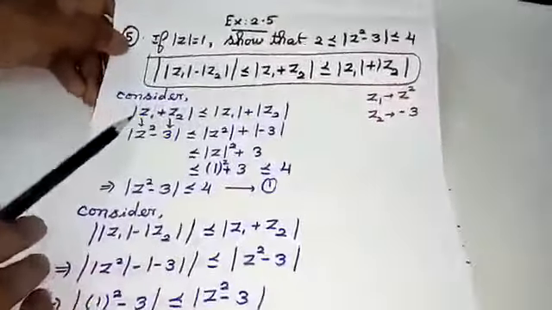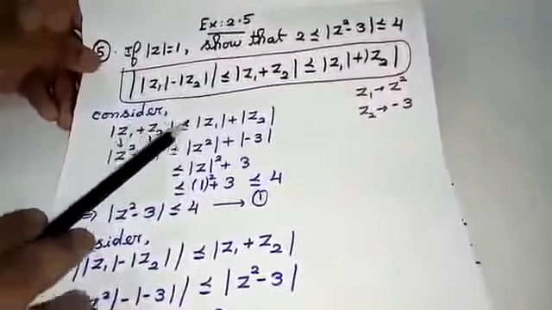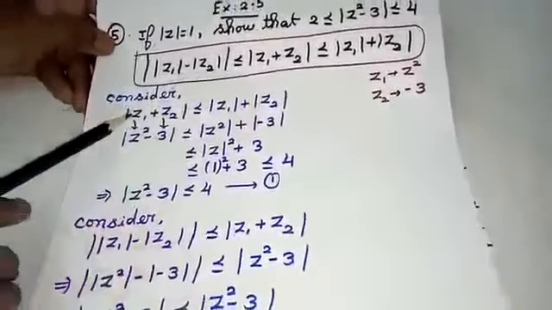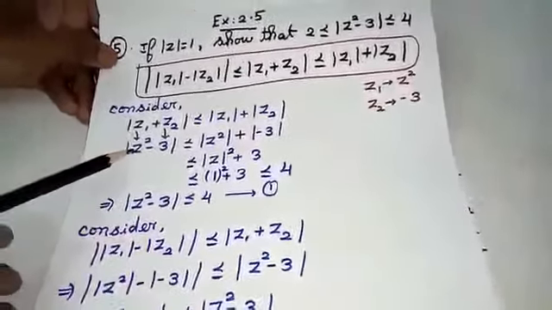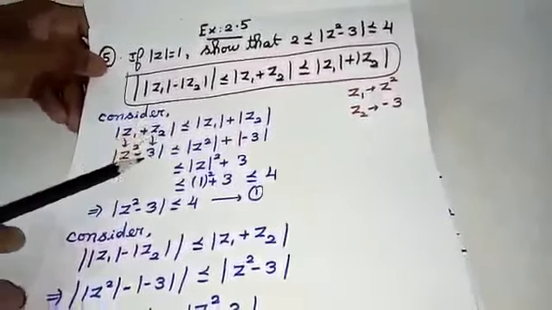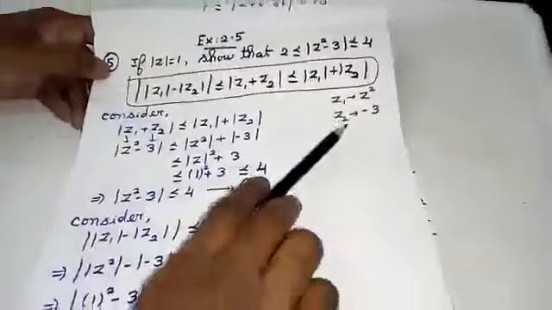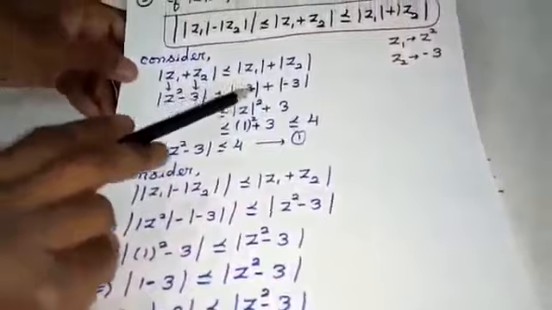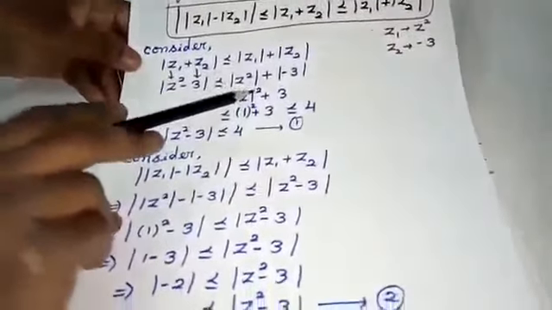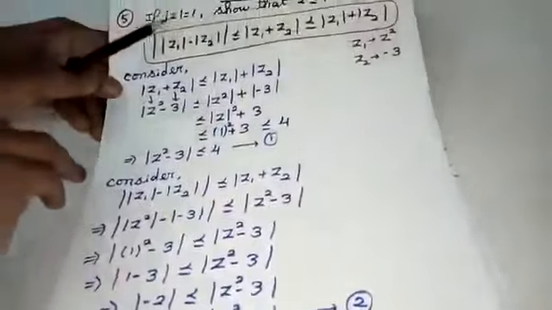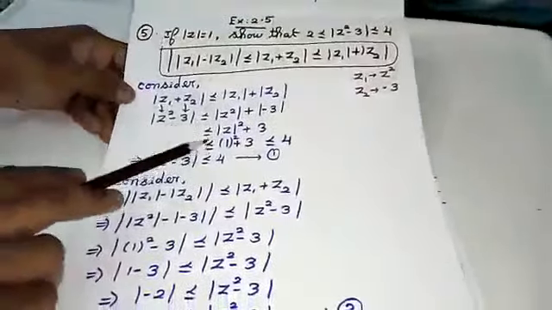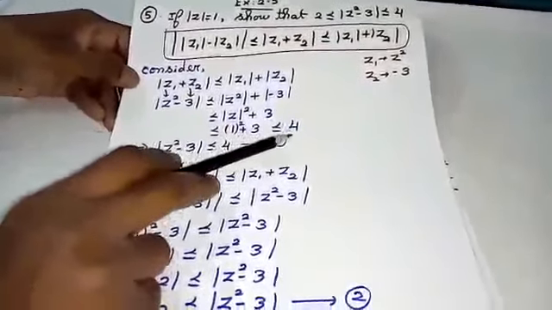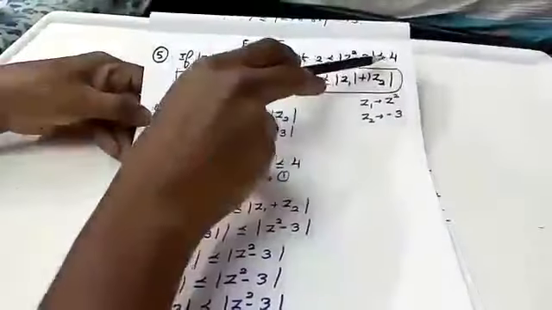Consider modulus of z1 plus z2 is less than or equal to modulus of z1 plus modulus of z2. In place of z1, I'm going to replace z square, and in place of z2, I'm going to take the value as minus 3. That is why I've written here, students. You're going to apply it. Just note this part. Modulus of z square can be written as modulus of z the whole square. And what is the value for modulus of z given here? Equal to 1. So I'm going to replace like this. That is 1 square plus 3, which is nothing but 1 plus 3 equal to 4. And that is the required answer in your right hand side part.